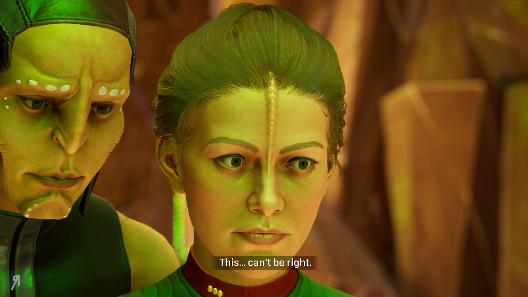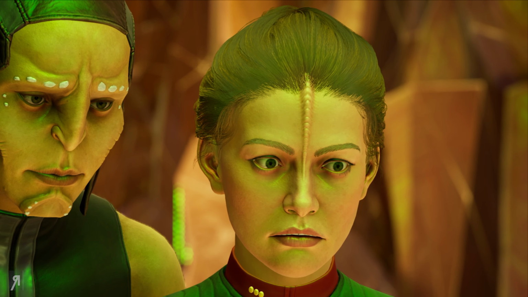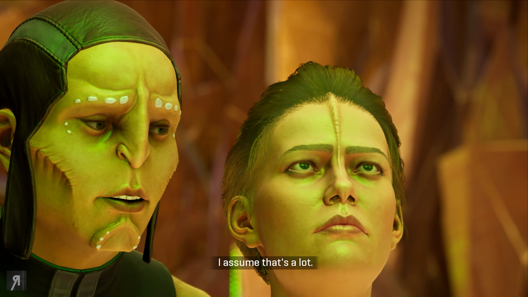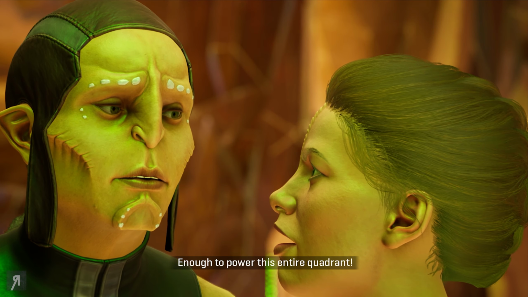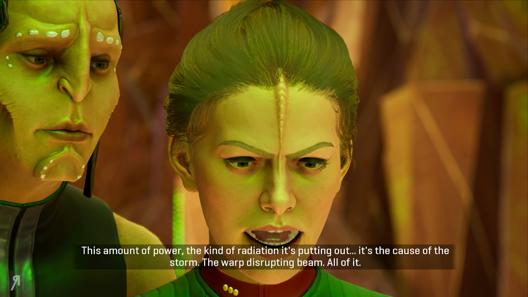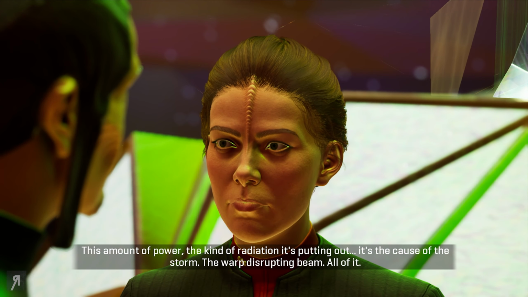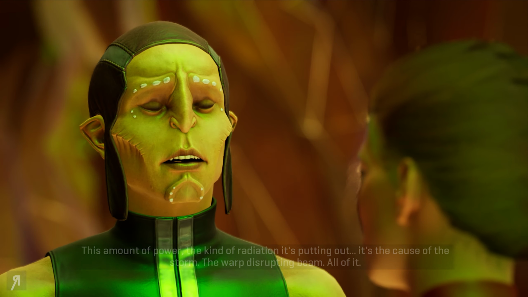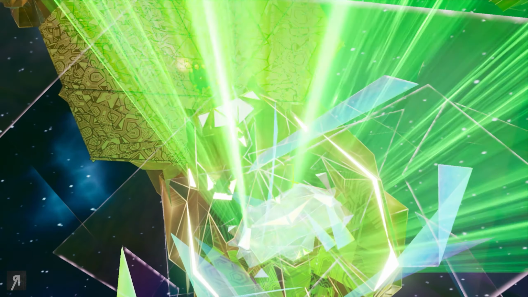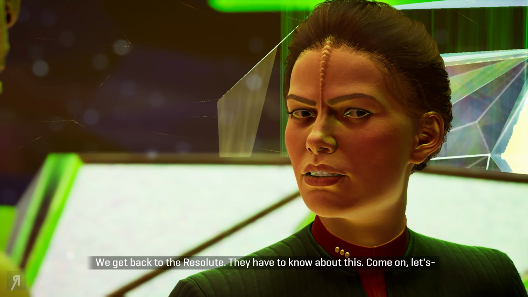This can't be right. It's putting out almost 50 zettajoules of energy. I assume that's a lot? Enough to power this entire quadrant. This amount of power, the kind of radiation it's putting out, it's the cause of the storm. The warp disrupting beam, all of it. What do we do now? We get back to the Resolute. They have to know about this. Come on, let's...